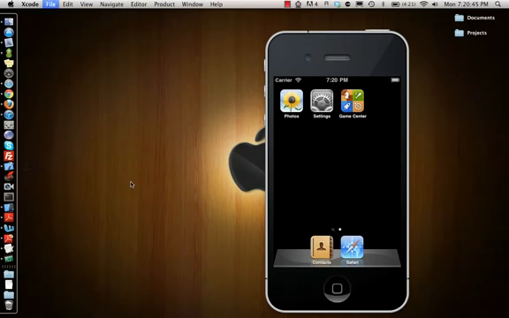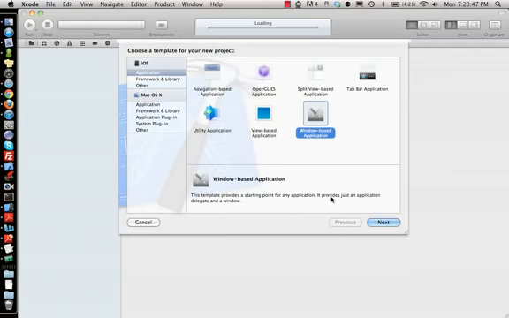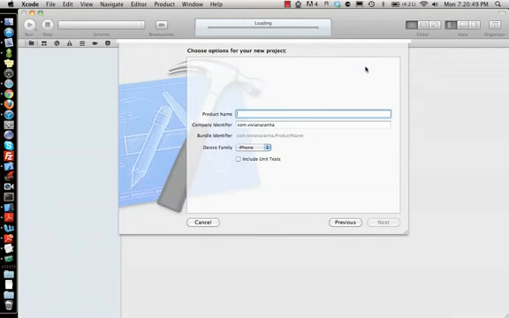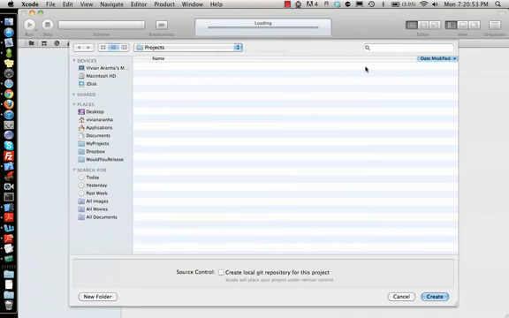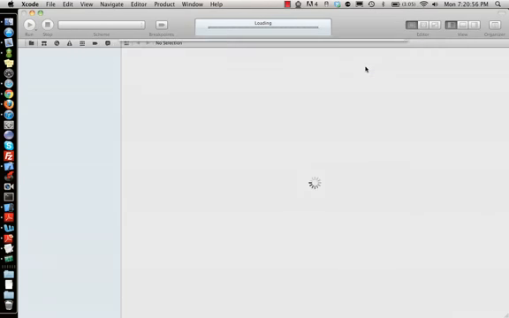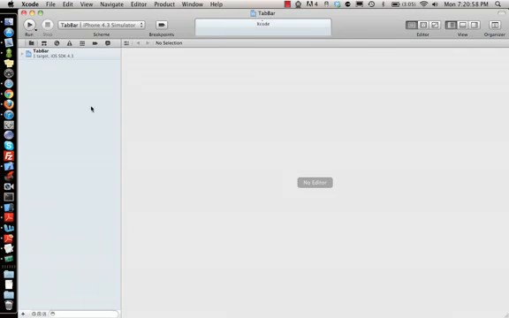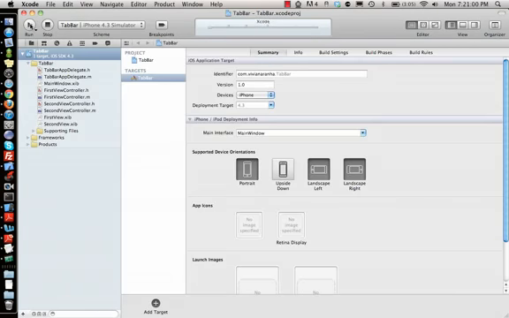first let's make a new project, a tab bar application. So what does this tab bar application give us by default? What does the template give us? Let's create one and look at it. So as soon as I create it, I run this application. So what we are going to get is